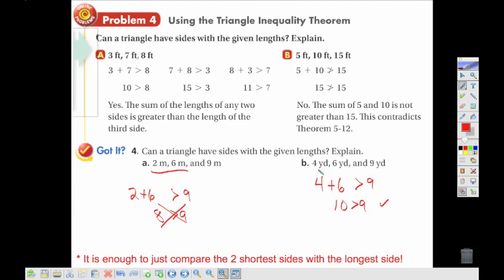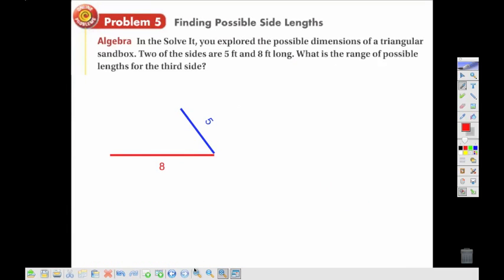Now in these, and according to our theorem, we should check the other ones, but if the two smaller ones are greater than the largest side, then obviously the other ones will work also. So it's enough just to compare the two shortest sides with the longest side. Another kind of problem will ask us to find possible side lengths. So they'll give us two lengths, 5 and 8, and ask what is the range of possible values for the third side. Now one way to think about this, rather than using all of those inequalities, just to think,